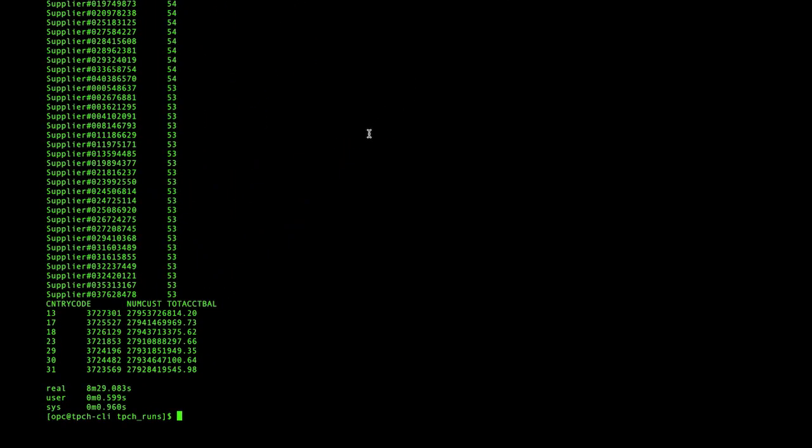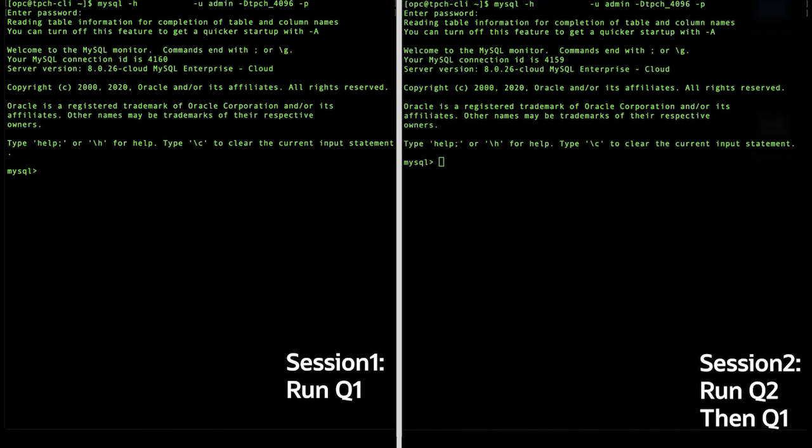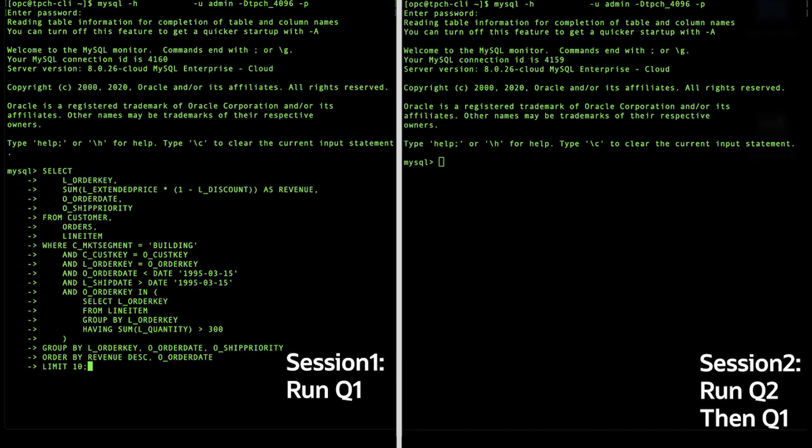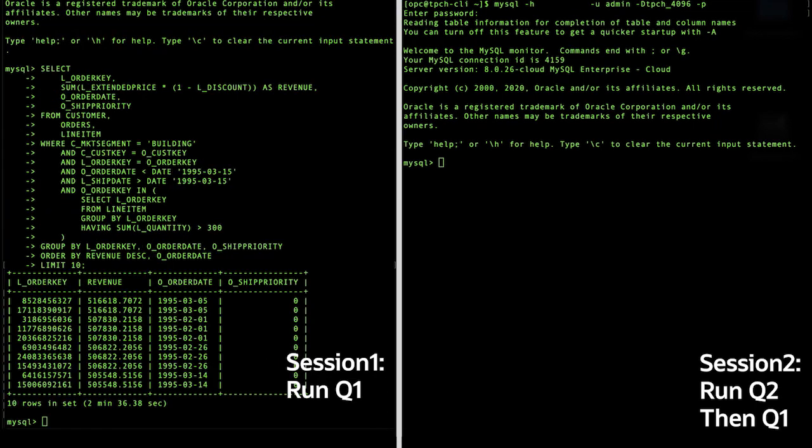Now that we have the optimal partitioning in memory, the fourth feature I'm going to show for Autopilot is the Auto Query Plan Improvement. So for this, I'm going to connect with two different sessions. In the first session, I'm going to run query 1, which is derived from one of the TPCH queries, and we're going to run it on a fresh instance of the database. When we run query 1, it takes about 2.5 minutes to execute, and there is no history on this instance of the database.